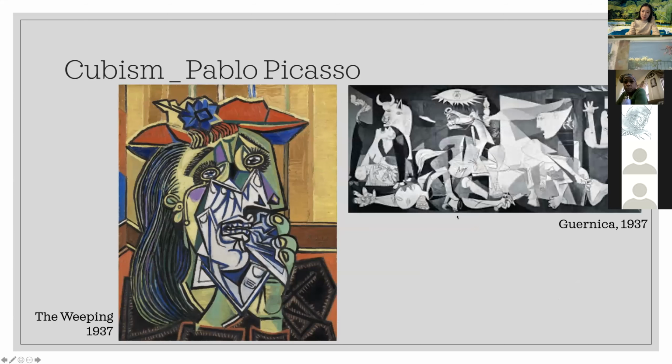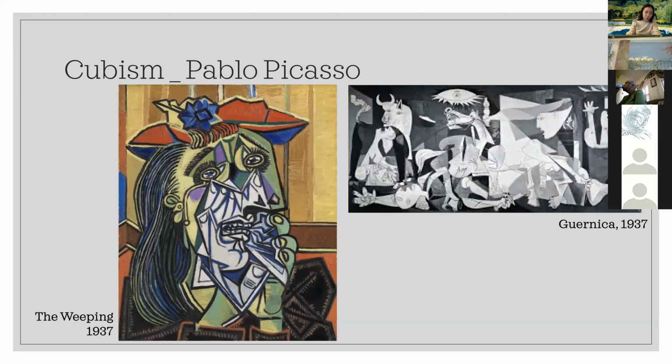And this painting is looking familiar to us, right? Oh, Guernica. Yeah, Guernica. So on 26 April 1937, the Air Force of Nazi Germany bombed the Basque town of Guernica. The attack was carried out in support of General Franco's nationalist forces. It was one of the worst atrocities of the Spanish Civil War.